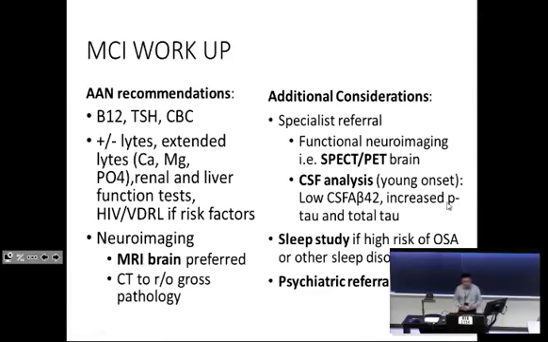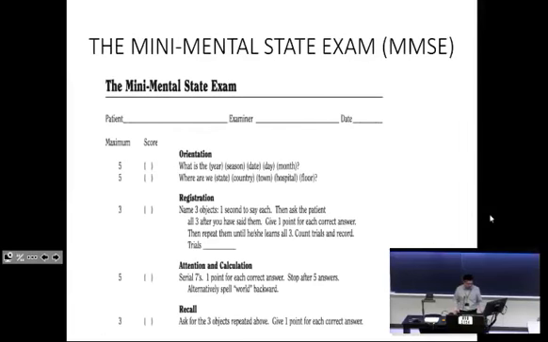Now, psychiatric referral could be for two reasons. It could be because you're concerned this person may have a primary psychiatric disorder. It could also be because, as part of their neurodegenerative dementia, they have prominent behavioral and psychiatric symptoms. And it's very appropriate in that circumstance to ask your psychiatric colleagues for help, because all of the medications we use may affect their cognition, sometimes in a beneficial way.